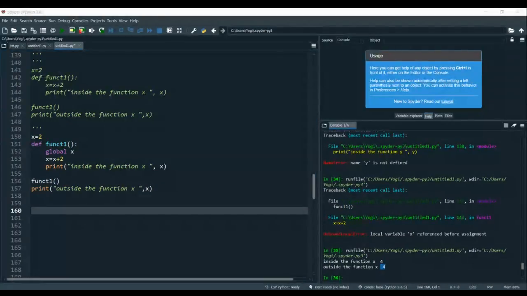Clear to all or any doubt? Any doubt in the concept of global and local? Okay, so this is all about Python functions.